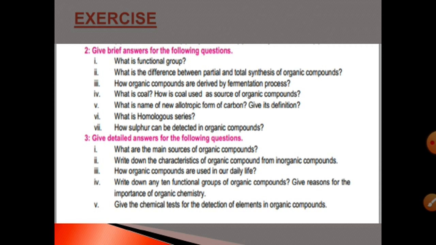These properties we have already discussed, the properties of organic compounds, that is composition, combustion, solubility, rate of reactions, their melting and boiling point. You should describe all these properties in this question. How are organic compounds used in our daily life? You should write the different uses of organic compounds in daily life, like food, medicines, drugs, soap, detergent, clothes and so many others.